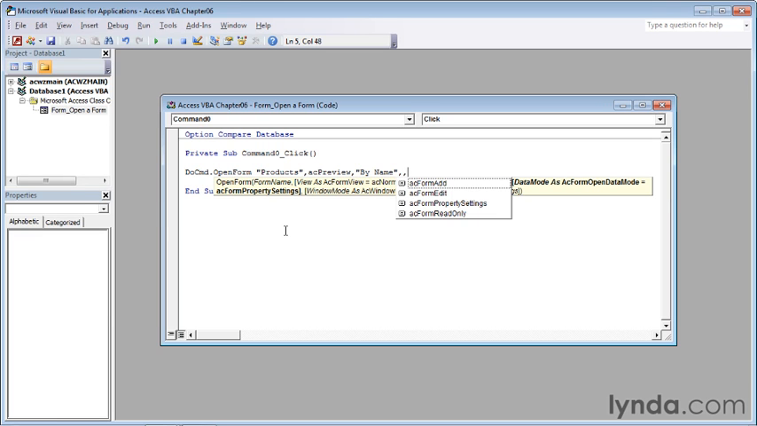And next, we have the data mode. This argument tells the users whether they can open the form in add mode, edit mode, property settings mode, or read-only mode. Read-only mode is extremely useful because it allows you to give users access to the data, but without allowing them to change it. So I'm going to press the down arrow key 4 times to highlight the form read-only property, or argument setting in this case, and press Tab. And now I'll type a comma